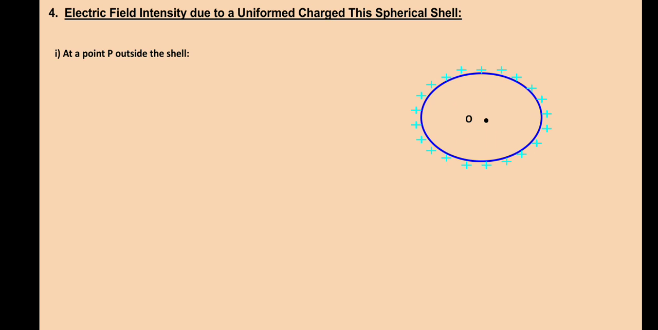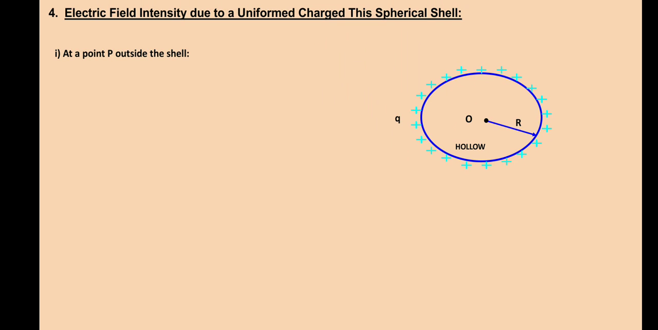Its midpoint is O and its radius is R. On the surface of the hollow sphere, positive charges are accumulated. Now I am going to consider a point P at a distance r from the center of the hollow sphere. On the point P, I am going to assume a surface called a Gaussian surface. This Gaussian surface has a radius small r. The capital R is the radius of the hollow sphere, and small r is the radius of the